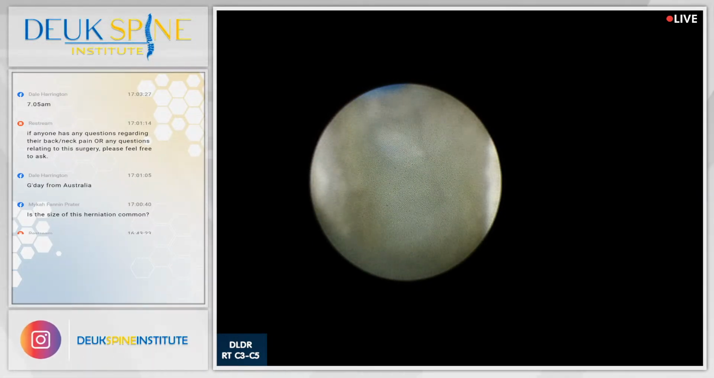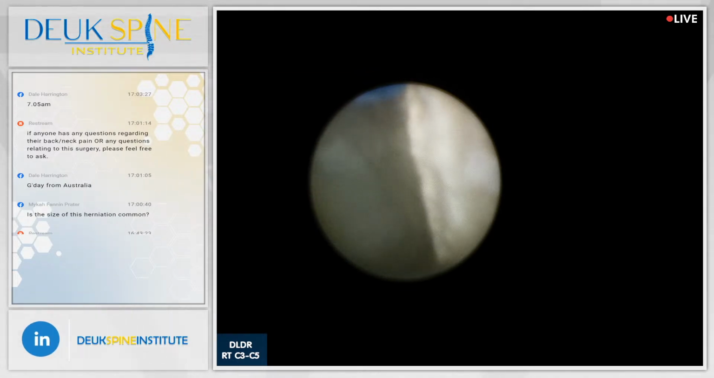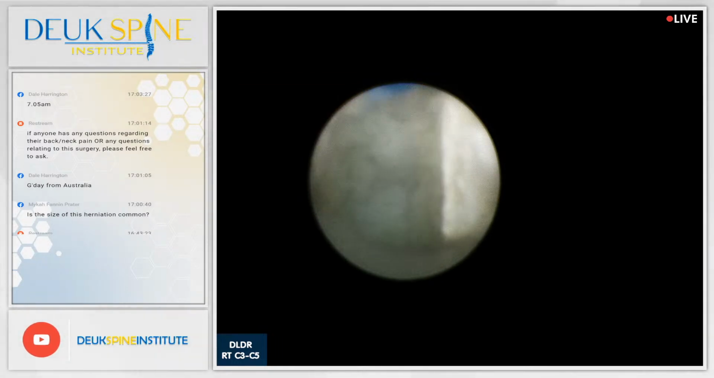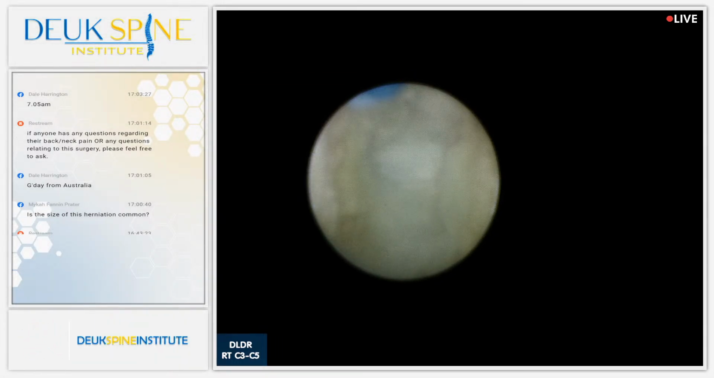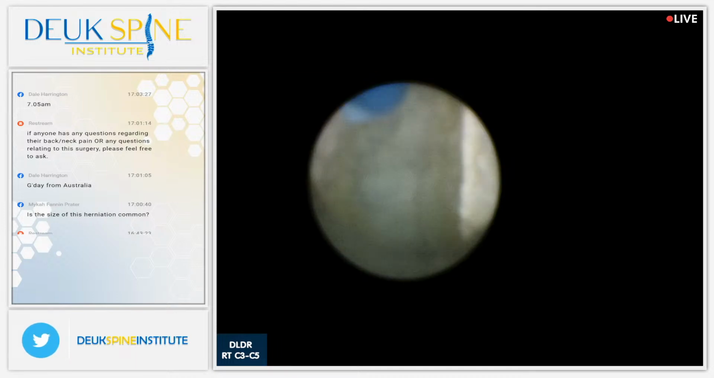Now, what's the advantage of this surgery that we're doing over ACDF, more traditional, older type surgeries? Number one, no bleeding with this surgery. No bleeding. Number two, no hospital. We don't go to the hospital. Patients go home right after surgery. Number three,